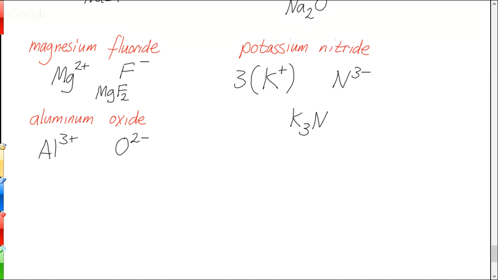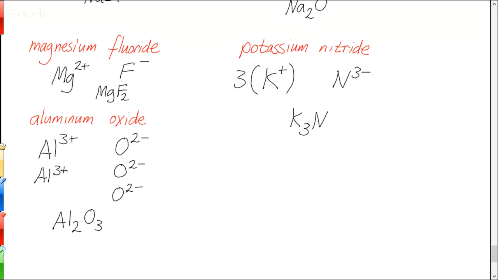Right. So what happens is, and you can kind of count it out if you don't know exactly what to do. If you try to add another oxygen, you now have 4- and 3+. So then you add another aluminum to compensate for that. And now you've got 6+ total and 4-. So then you got to add another oxygen. And if you keep doing this, you're eventually going to get to the point where they do balance out. In this particular one, it's when you have 2 aluminum and 3 oxygen.